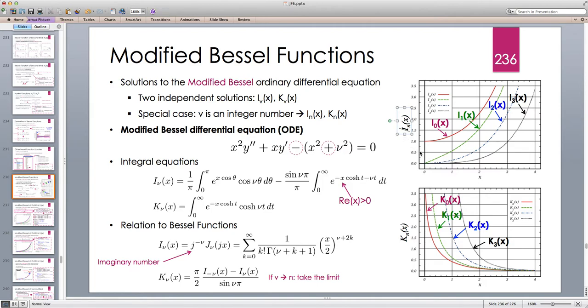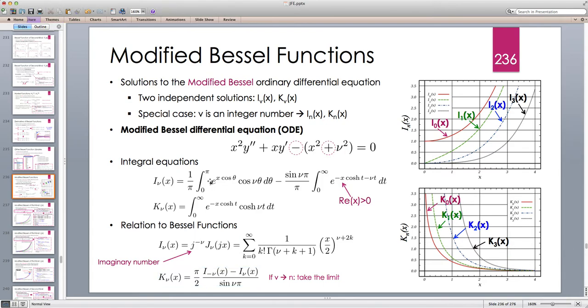The modified Bessel function of the first kind, I nu, gets a rising exponential behavior, with I0 starting from 1. I0 at x is J0 at jx, and when x is 0, both of them evaluate to 1, when nu is 0. So I0 is 1 at the start and then exponentially rises. I1, I2, I3, all the I nu start from 0 except for I0, and they exponentially go up. I believe they never cross each other, but we can check it later. And if I nu is exponentially growing, K nu is exponentially decaying. So K0, K1, K2, K3 all are exponentially decaying, and